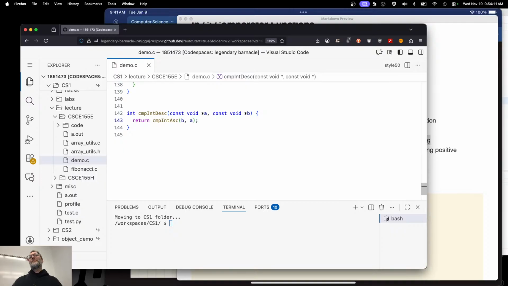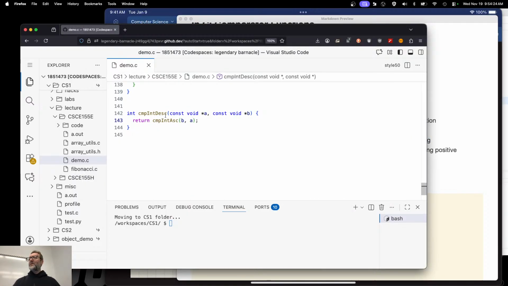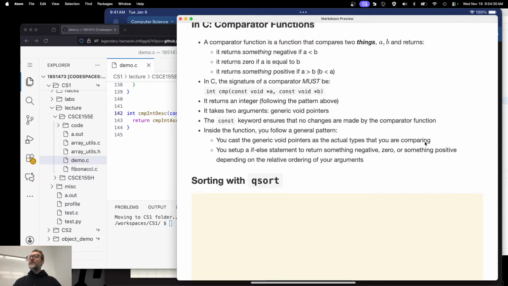And then that's probably as far as you can go. Just call that function and you have to return that value. So little tricks there. Code reuse. If you want it reversed, you could rename this reversed or something like that, but descending is probably better. But once I've got those comparators, now I can start working with qsort.